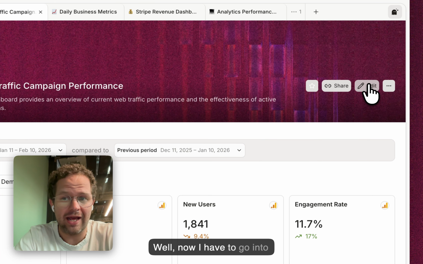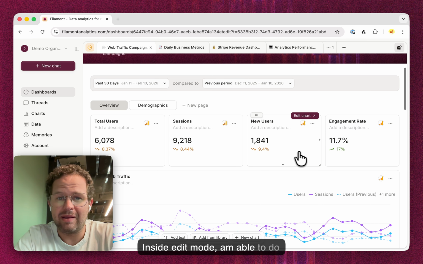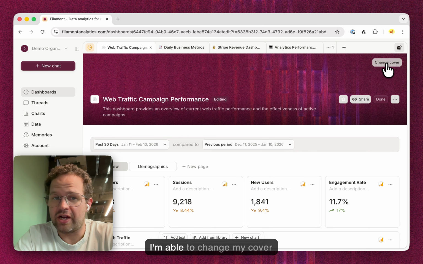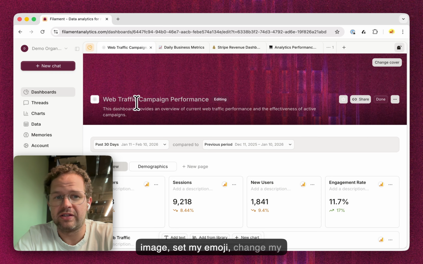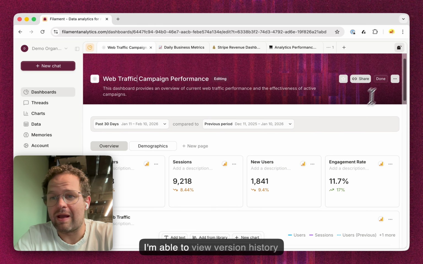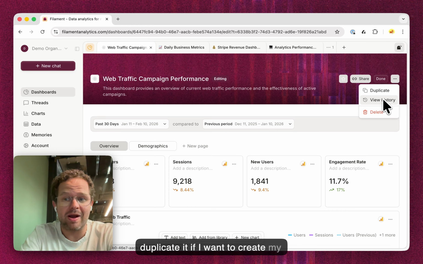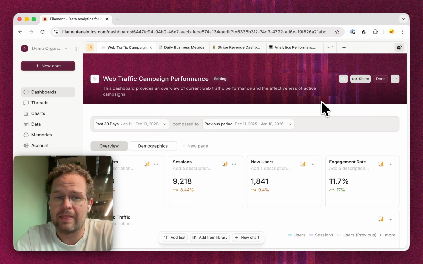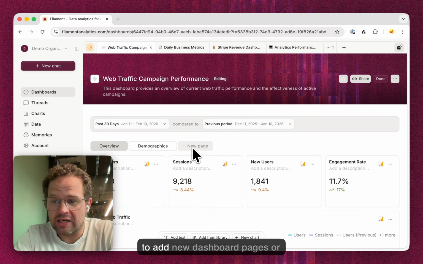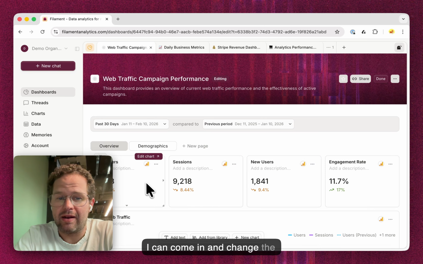Well, now I have to go into edit mode. Inside edit mode, I am able to do a whole bunch of stuff. I'm able to change my cover image, set my emoji, change my text and content. I'm able to view version history for my dashboard, or I'm able to duplicate it if I want to create my own copy and just make a few changes. Once I'm in edit mode, I'm able to add new dashboard pages,